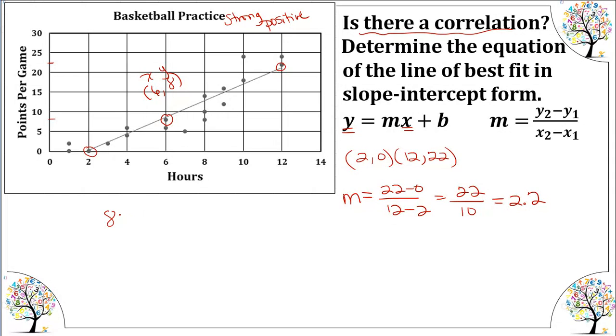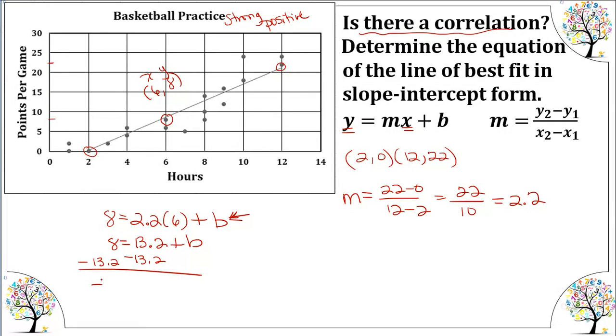So for y, I'm going to put 8. My m is my slope, which is 2.2. My x is 6 plus b. We're trying to find what the y-intercept is because it's going to be down below here. So we're looking for b. So we are going to multiply 2.2 times 6, and that's 13.2, plus b. Subtract 13.2, and we're going to get, like I said, a negative. And that's going to be negative 5.2